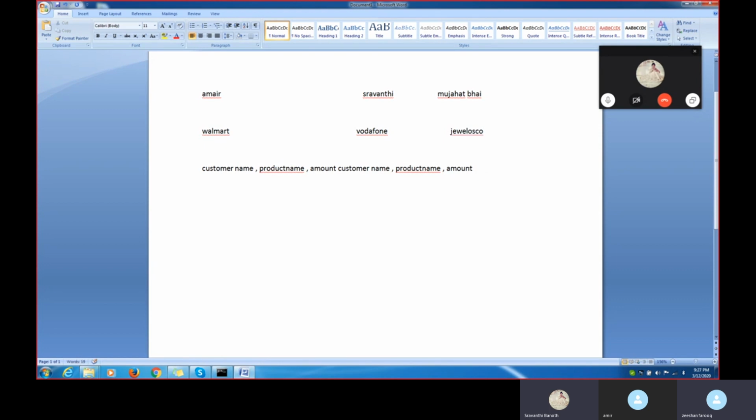What exactly do I want you to create? Assignment, first step: create the respective tables, whatever task I have given. Then insert values into the tables. Once you insert the values, take a backup of the tables.